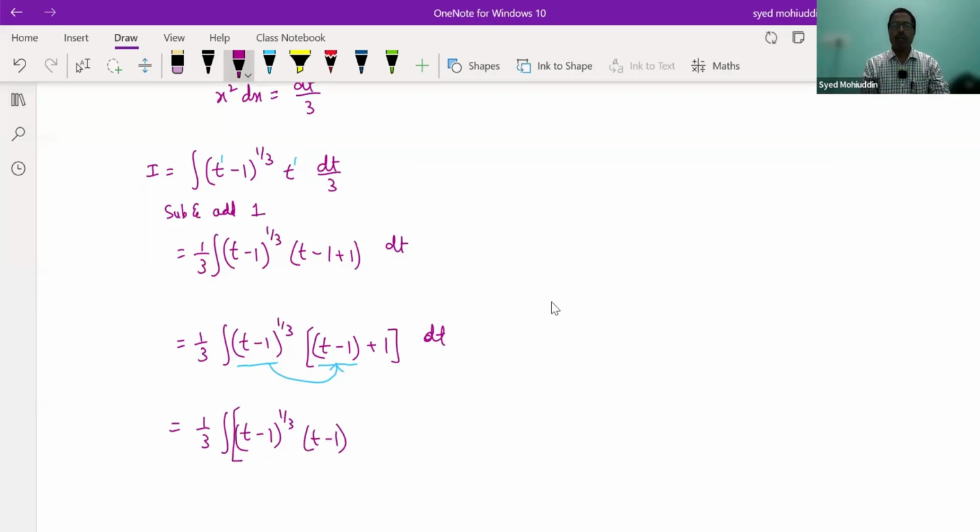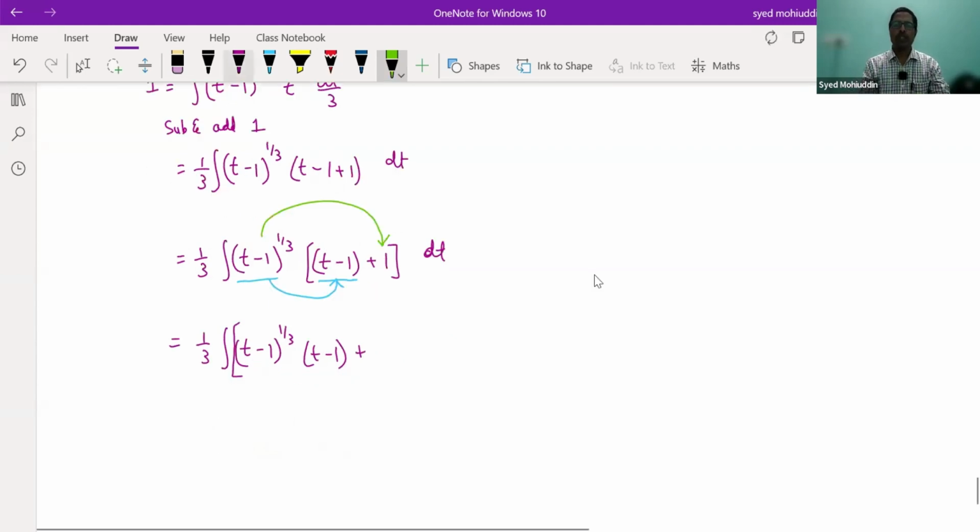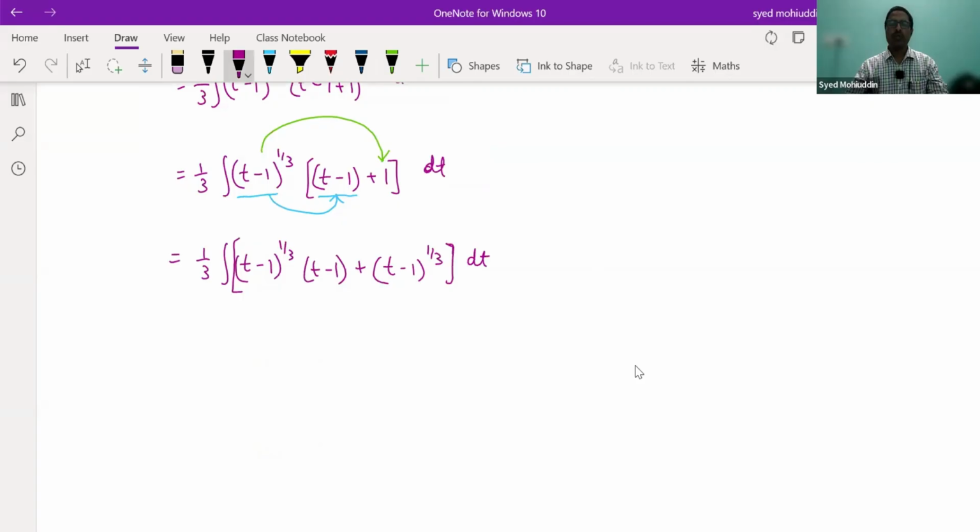Plus, again, multiply t minus 1 whole power of 1 by 3 with 1, which is t minus 1 whole power of 1 by 3 itself, into dt. Now, since there are two terms over here, I need to apply the integral separately for each term. 1 by 3 integral of t minus 1 whole power of